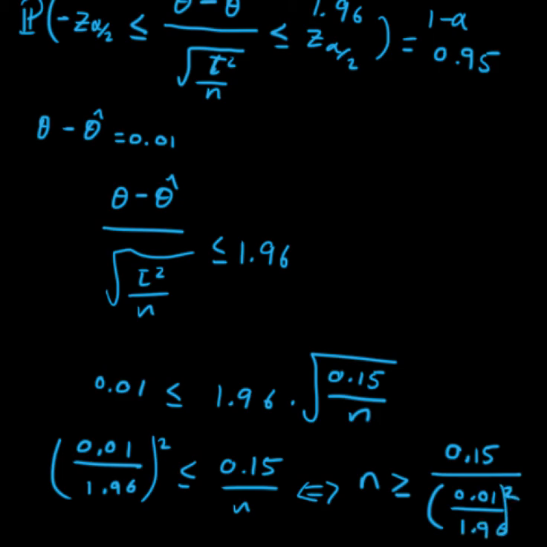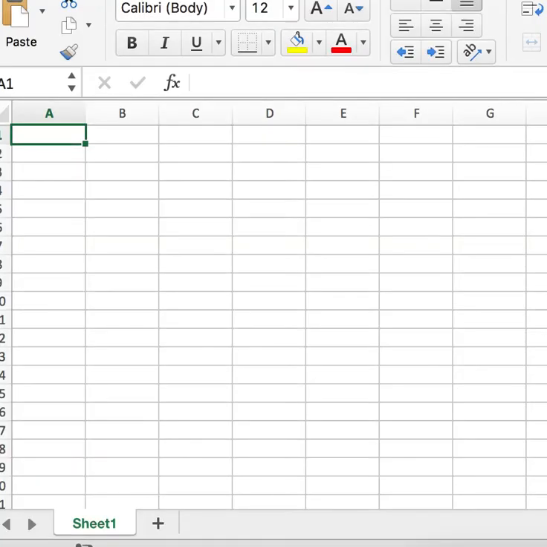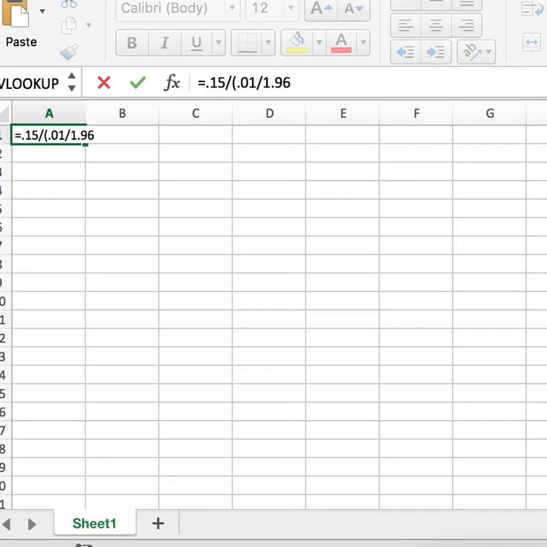And now we can find out the minimum number that we need. That is 0.15 divided by 0.01 divided by 1.96, and that bit squared gives us